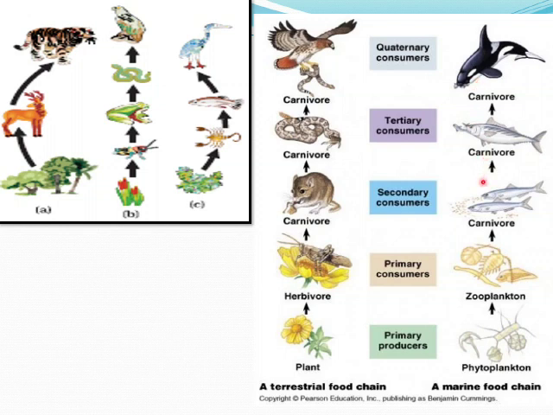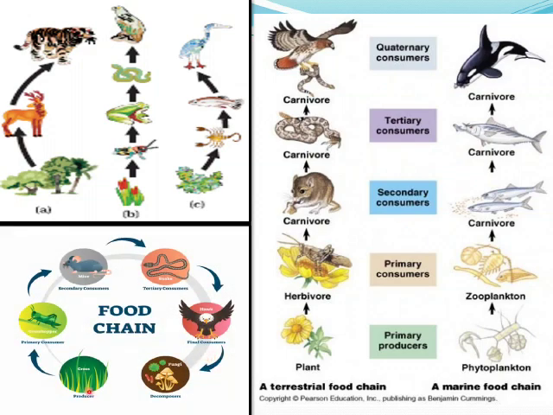So here, as they depend on each other for food and for energy, this kind of food chain is called marine or aquatic food chain. Phytoplankton is a primary producer, zooplankton primary consumer, this carnivore secondary consumer, second level carnivore tertiary consumer, and top carnivore is the quaternary consumer. So this is terrestrial and aquatic food chain.